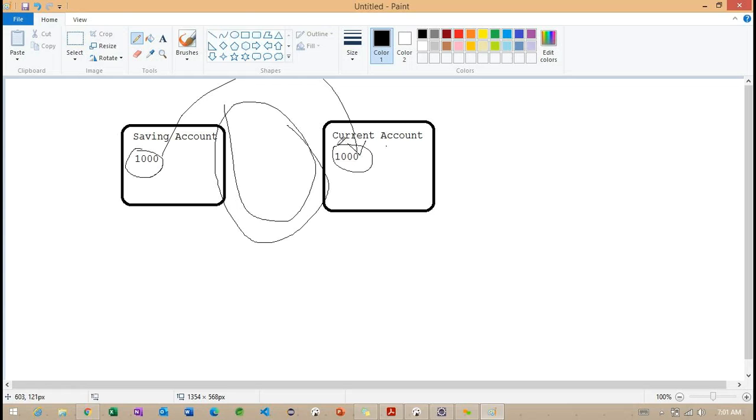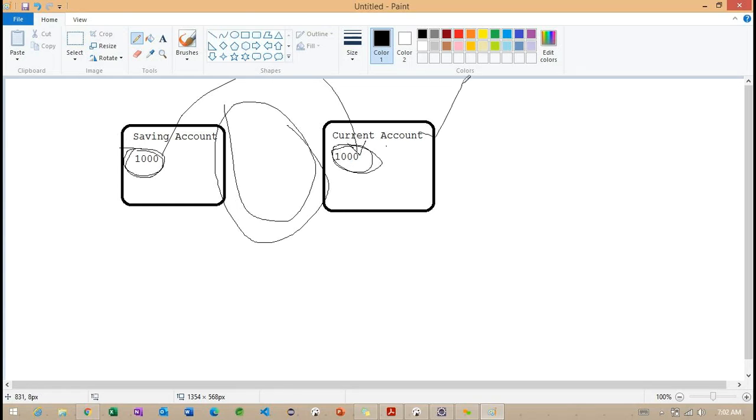Carefully observe here. Sometimes the 1,000 rupees is debited from the saving account, but the same 1,000 is not added into the current account.